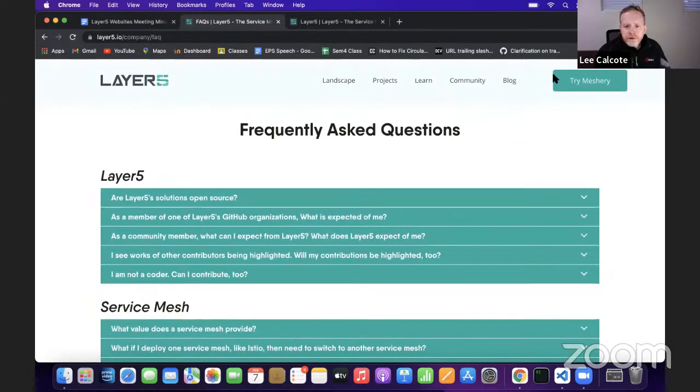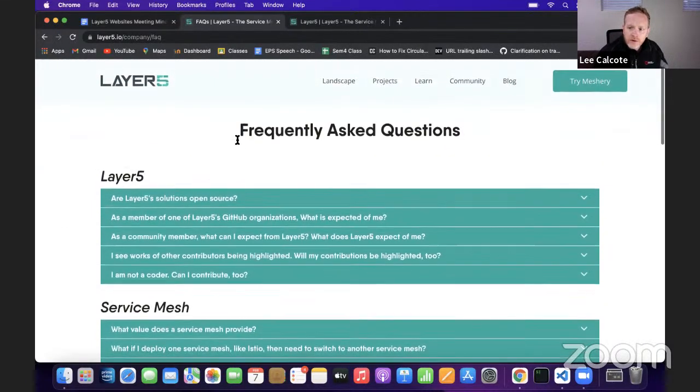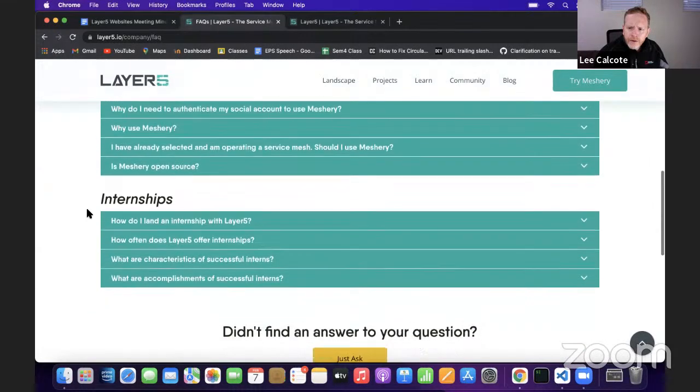I wonder if a link pointing from the handbook FAQs to the main FAQs, like at the bottom where it just says, didn't get your question answered, see this other FAQ. Yeah, that sort of makes sense.